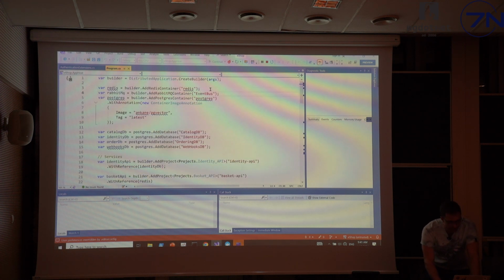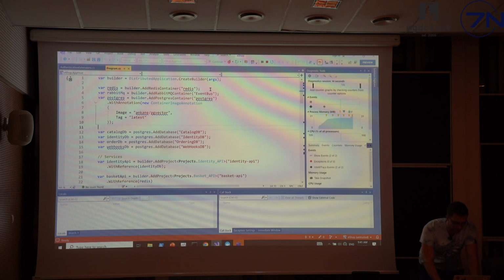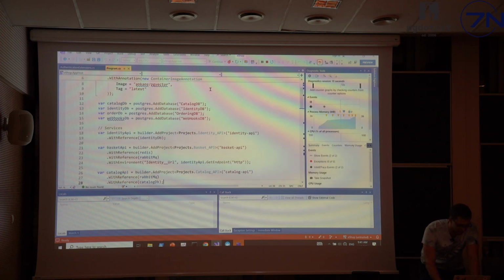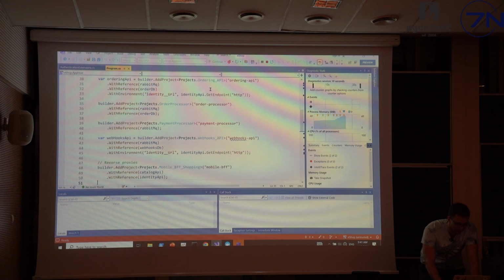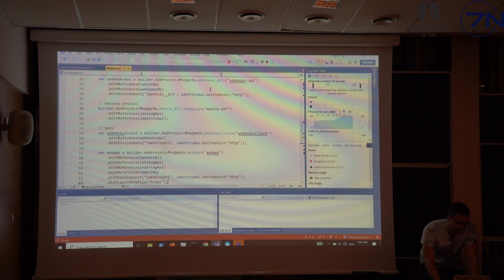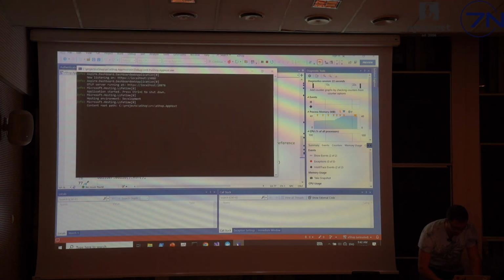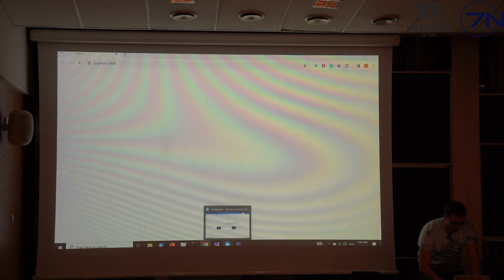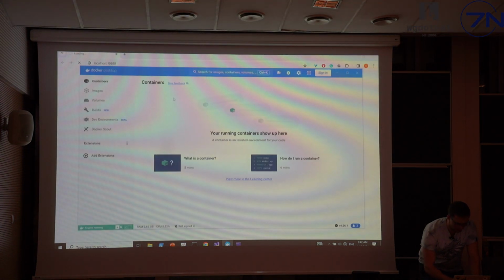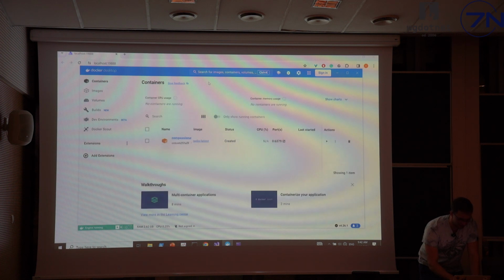We have Redis container, RabbitMQ container, Postgres, we have multiple databases, we have multiple backend services, multiple web services. They have multiple references. And we specify some environment variables. So as you can see, it can work with non-trivial stuff as well. But let me take a look if it started already. Not. So let's take a look at Docker Desktop. So it will start a lot of things, and as I said, my laptop here isn't very new. It's actually a very old laptop.